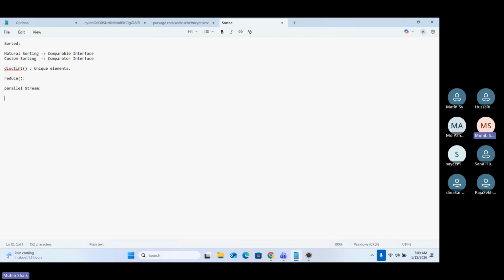So parallel stream is nothing but it will split the task, the intermediate or terminal operations, into small chunks. So these tasks will execute on different kinds of memories on our system. Here we will mention them as CPUs or something. So the main definition for this